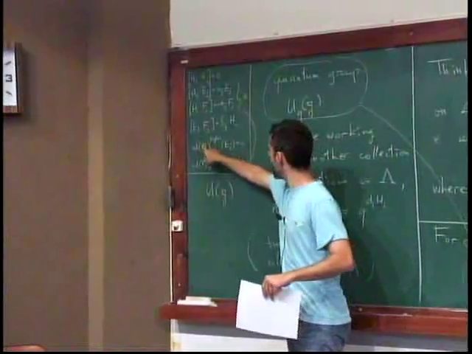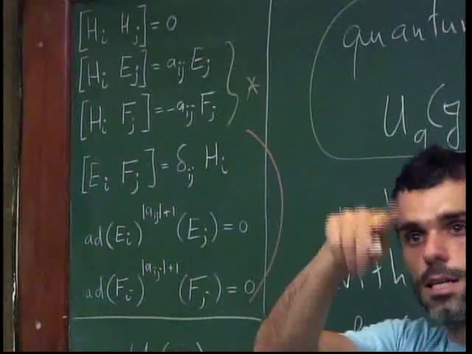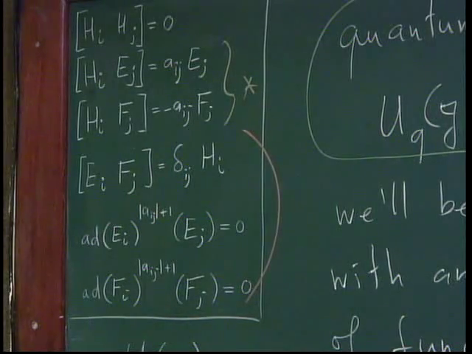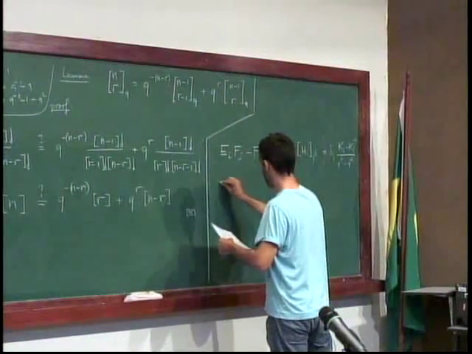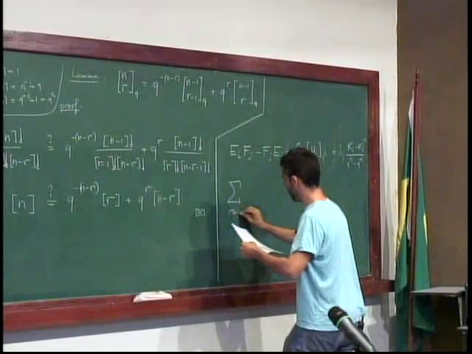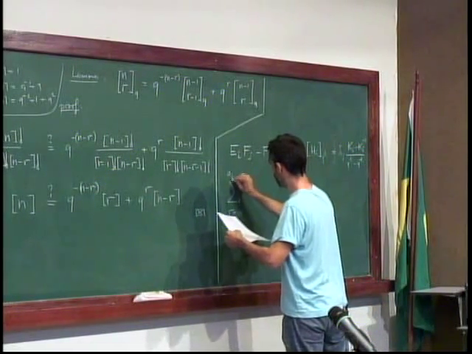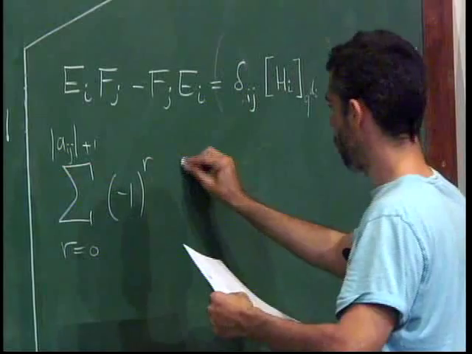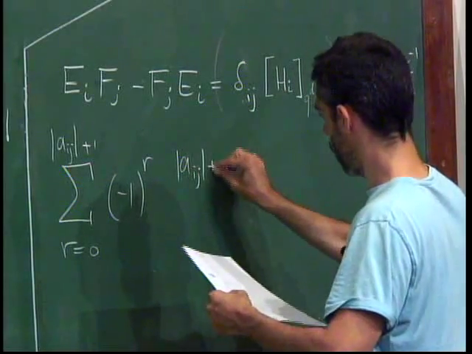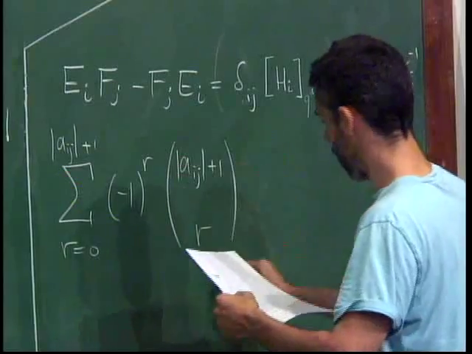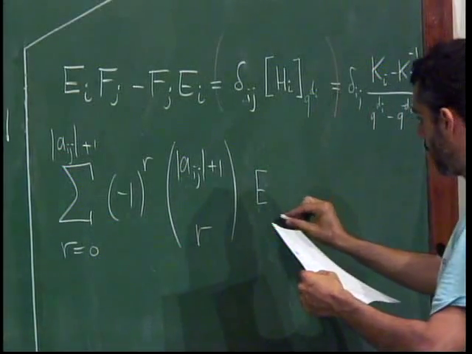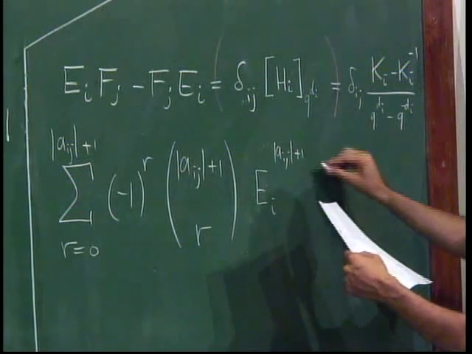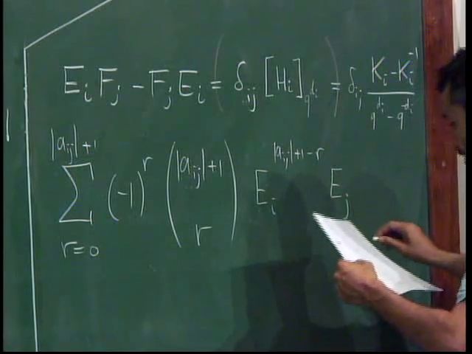If I just write e_i e_i e_i e_j minus e_i e_i e_j e_i, and so on, if you expand it, you end up with the following sum: sum r equals 0 to a_ij plus 1, minus 1 to the r, a_ij plus 1 choose r, e_i to the a_ij plus 1 minus r, e_j